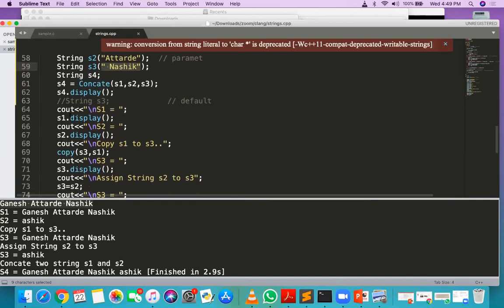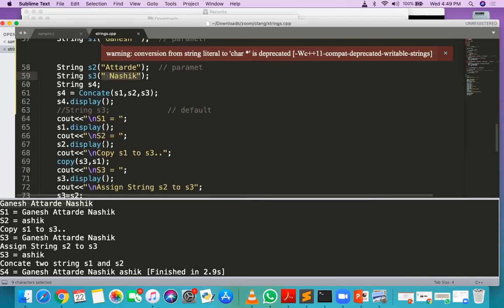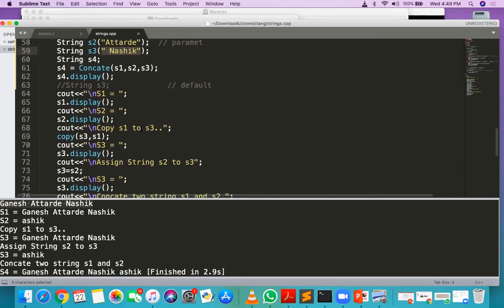I just need to modify here. S1, S2, S3. Now S1 is equal to this, S2 is equal to this. Copy S1 and S2 to S. I'm creating one more object here, S5, because S4 and S3 are already being used. So we need to use the new object S5.